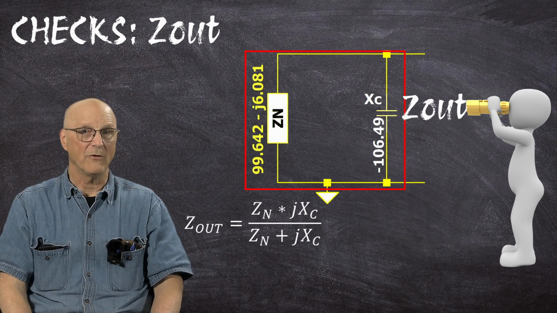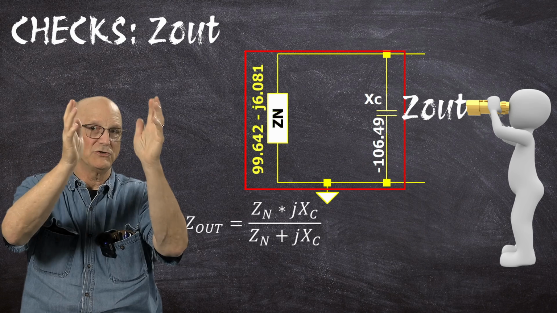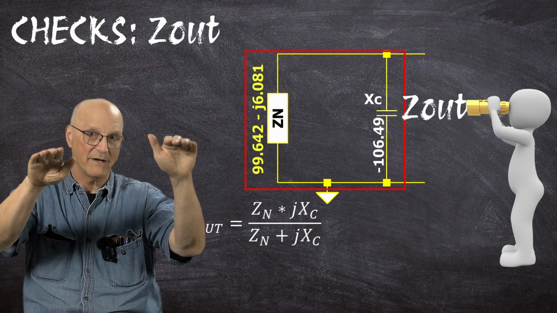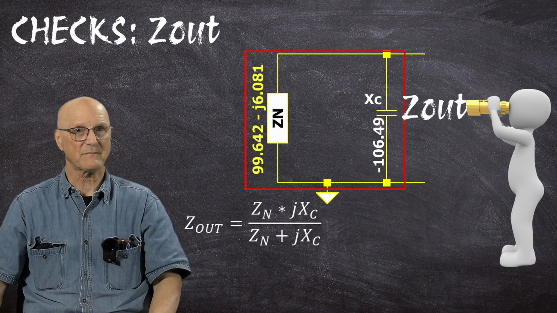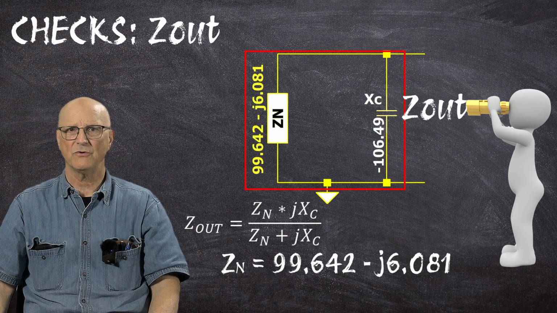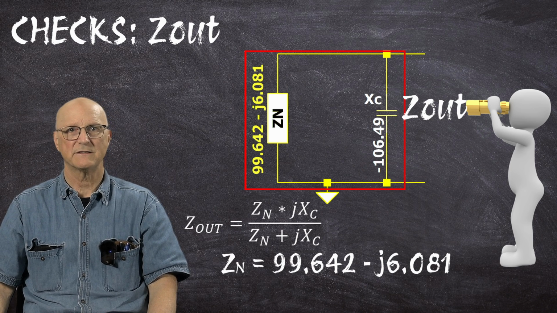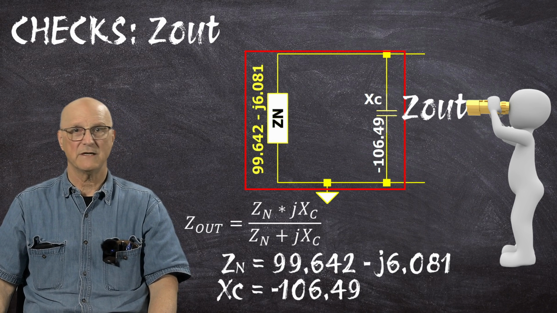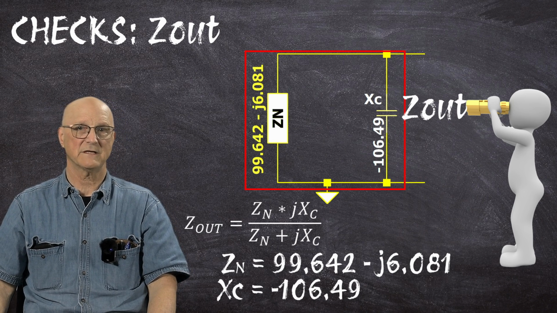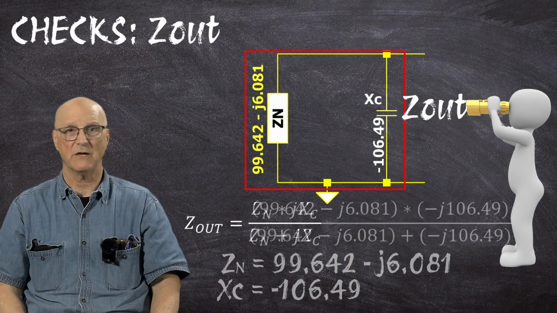So Z out is equal to Zn times jXC divided by Zn plus jXC. And with Zn equal to 99.642 minus j6.081, and XC is equal to a negative 106.49, that gives us that our output impedance is equal to